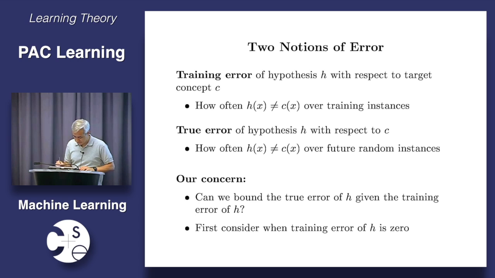But to simplify things further, let us first consider the case where I'm able to perfectly fit the training set. In general, you might not be able to do that, but with a sufficiently powerful learner, like say a decision tree learner, I can always do that, just basically by memorizing the training examples. So let us for now assume that we are able to do this. So I have a learner that is able to perfectly fit the training set, meaning my training error is going to be 0. But of course, the true error might not be, and that's what I want to figure out. Questions?